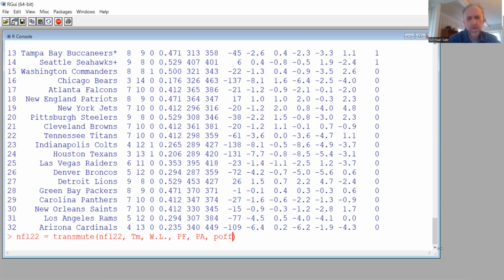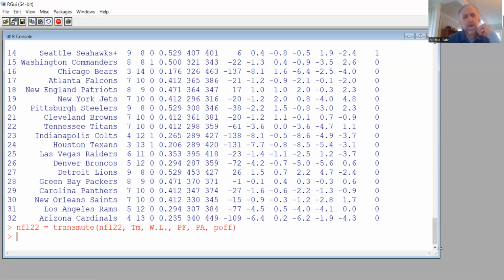Okay, so these are the ones we're going to see how they relate to each other statistically. So if you just put them in like that with nothing else, it acts like select. It just selects those columns. You can do fancier things too. You could make a new column that's a function of the other columns and include that. So there'll be more of that later. That's fine. So now I have this.